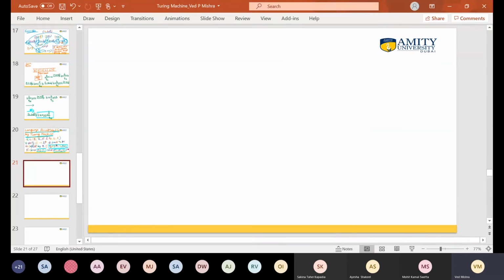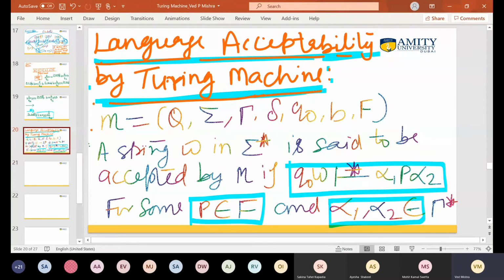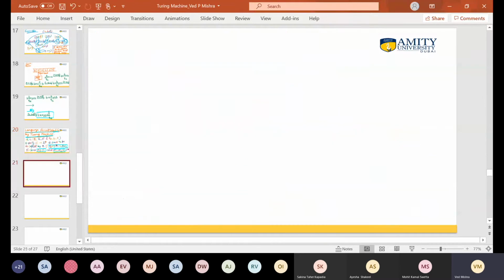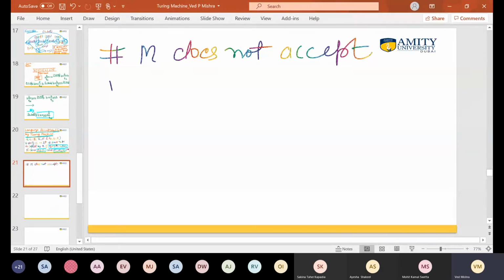So these are the two conditions. When will you say your string is not accepted? Okay, so this we did: when will you say the string is accepted? And now when will you say your string is not accepted? For that you can write these two conditions which I just explained to you. M does not accept W